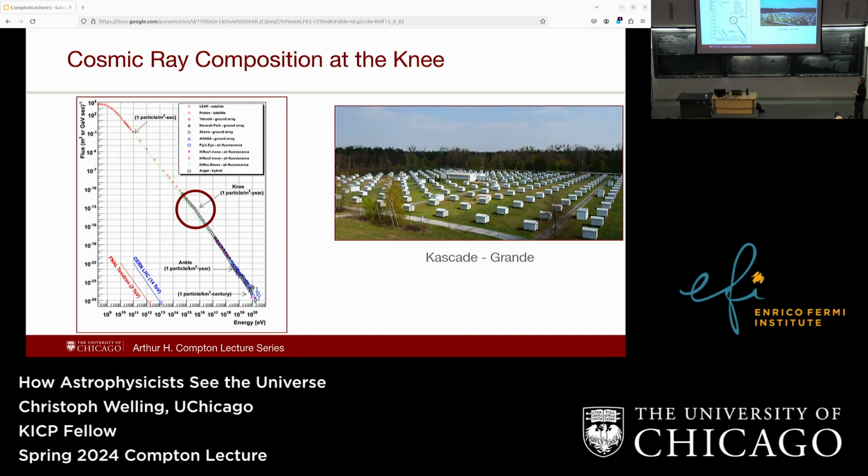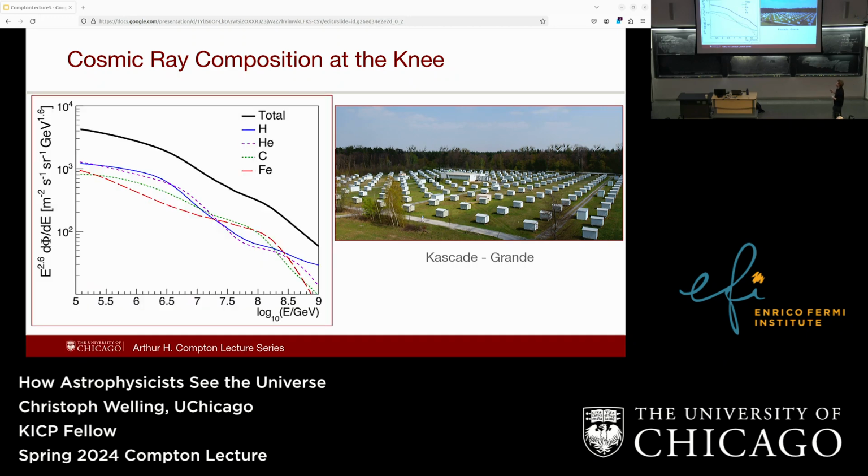And so if we do this, we actually see something pretty interesting here at the knee, where we saw this change in the shape of the spectrum, where suddenly our flux dropped off much faster. And this is actually not done with Auger and Telescope Array, because they actually need higher energies to see something. This is from another detector called KASCADE-Grande, which is in Karlsruhe in Germany. And if you look at the composition, you can only get a fairly rough estimate of what type of element it was.